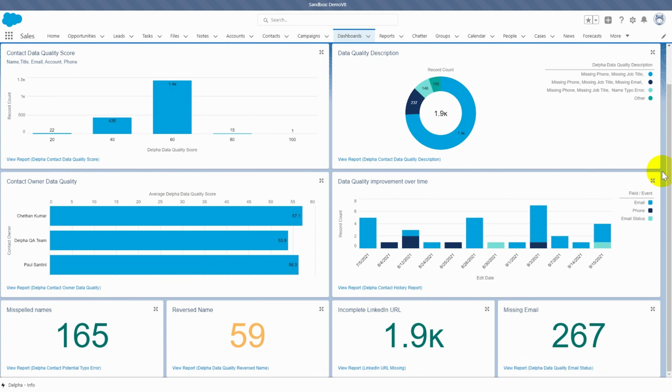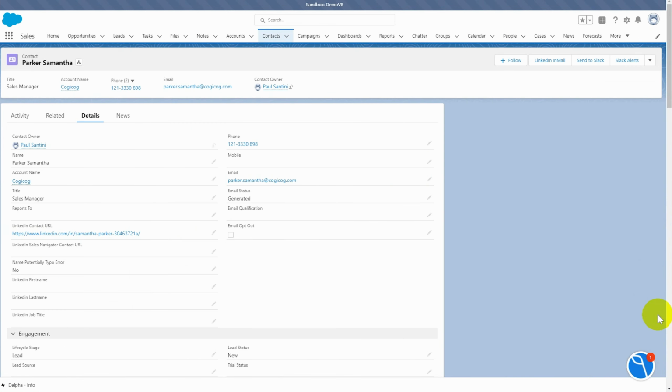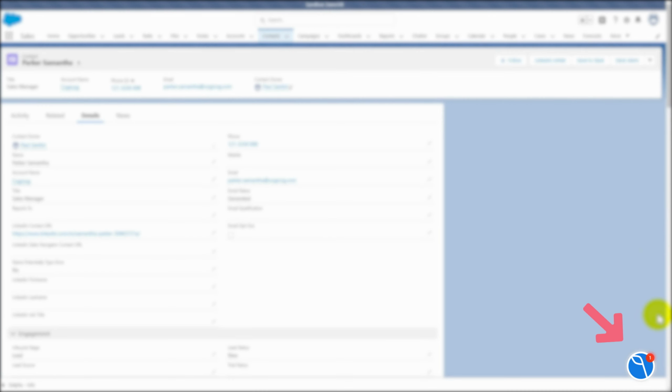Let's assume our sales agent needs to reach out to a new prospect named Samantha Parker. First step is to pull up her contact record. Here it should have been obvious to see that the name is already reversed, but it's often that our prospect data is coming from third-party lists, old data, scraping tools, or web forms, which can involve reversing or inputting incorrect names. If you come over to Delpha, you'll see it's notifying the end user with the number of data problems